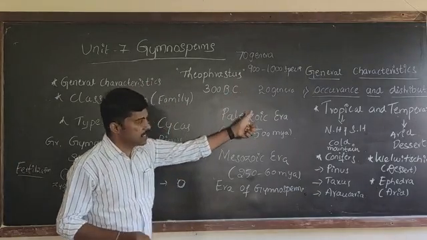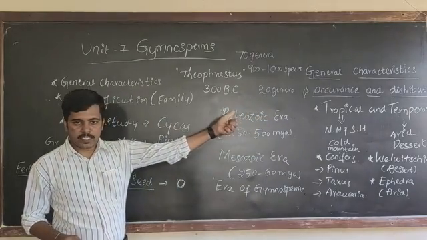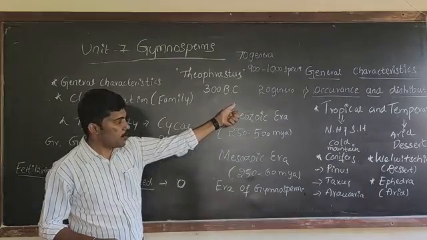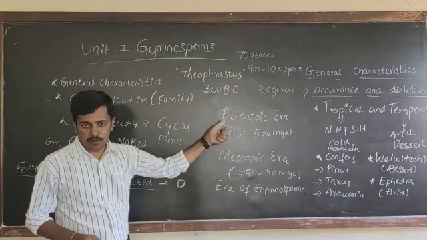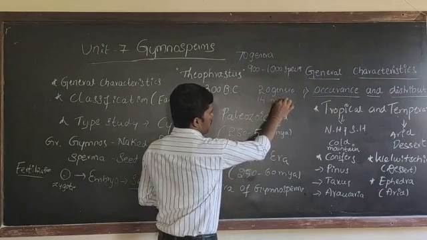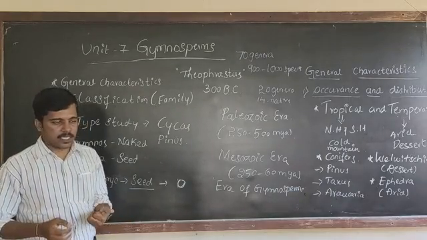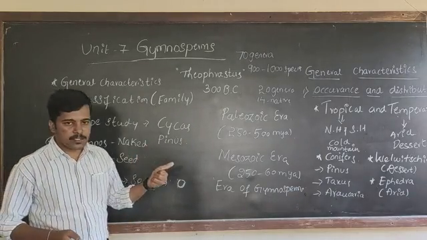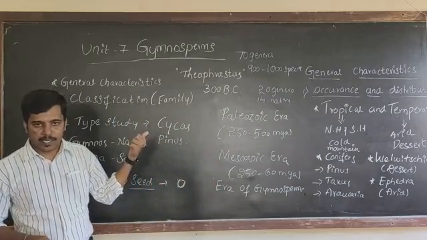Among these, in India, we have found only 20 genera. That too, among those 20 genera, only 14 genera are native to India, and the remaining are exotic in nature. Some of the examples of gymnosperms which are commonly present in India are